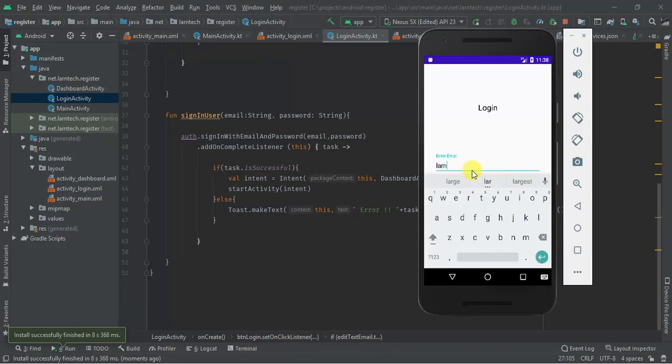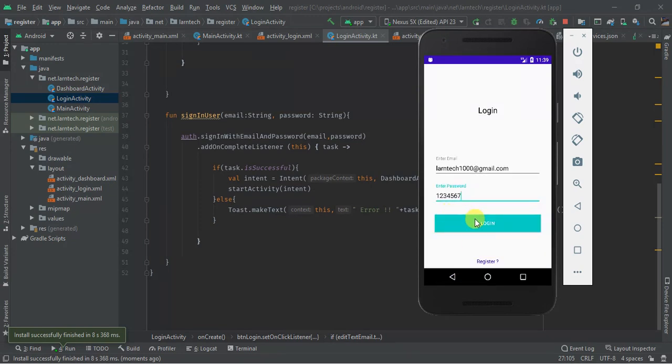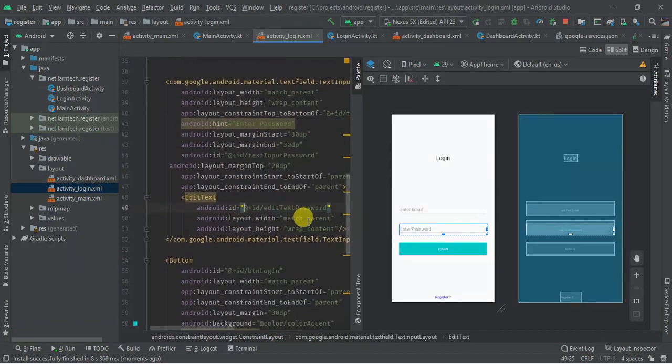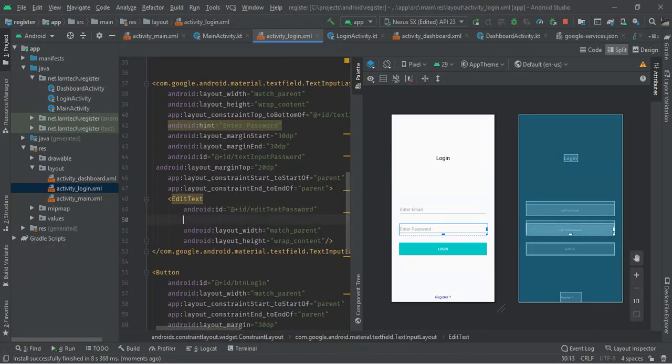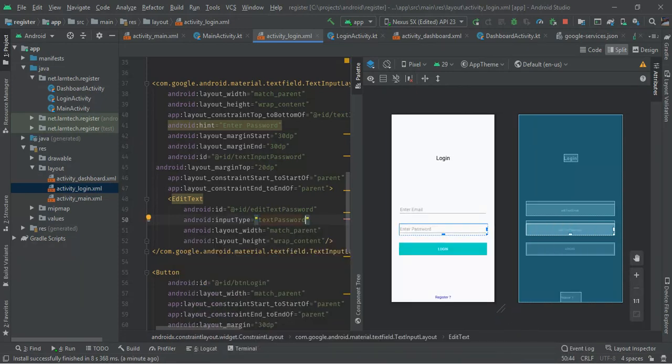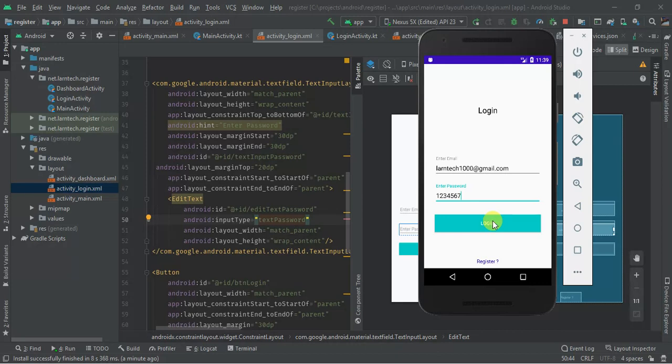Then I'm going to log in as lantech100@gmail.com. The password I'm going to provide 123456. Okay, let me add this one to be type password. So when I try to log in,